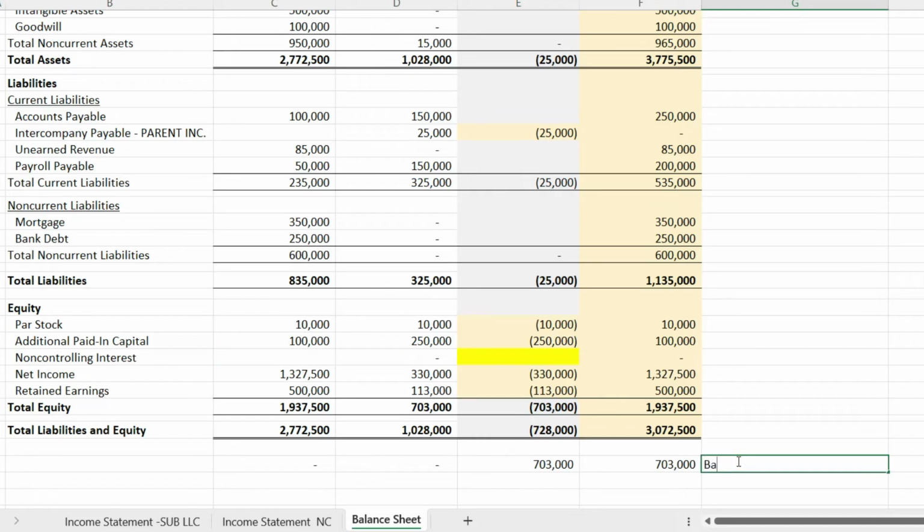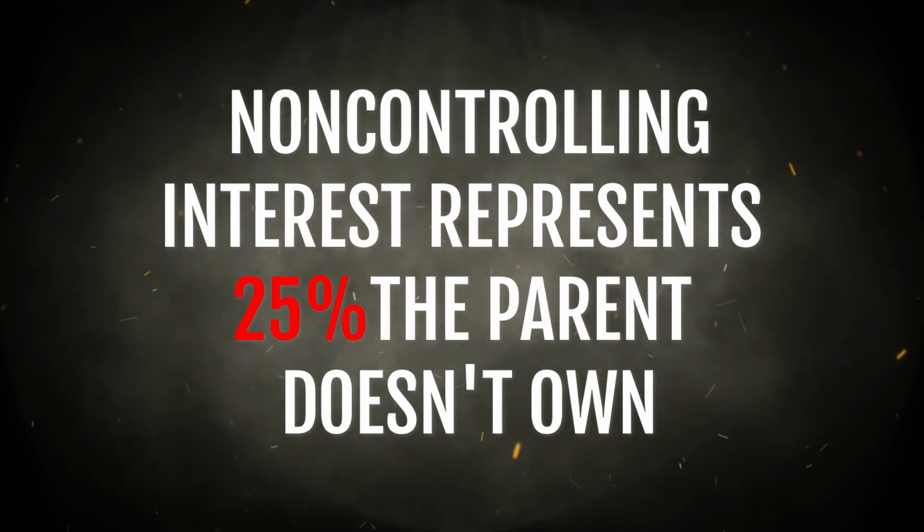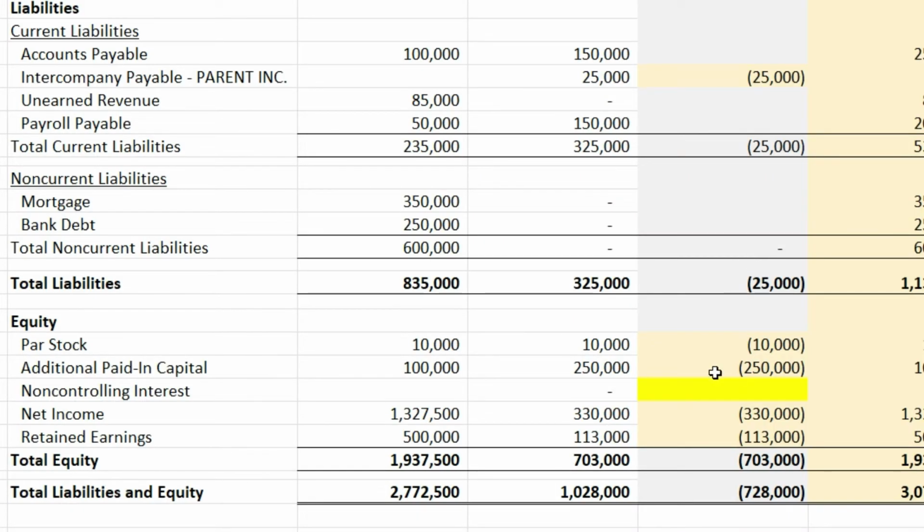And just to reemphasize, this non-controlling interest line item in the consolidated financials represents 25% of the net assets, the equity of sub LLC that parent incorporated doesn't own. You're simply taking 25%, and it's going to be a positive, of the equity of sub LLC, and you're layering that into your financials to represent the portion in your equity section that you do not own, because you're consolidating the entire